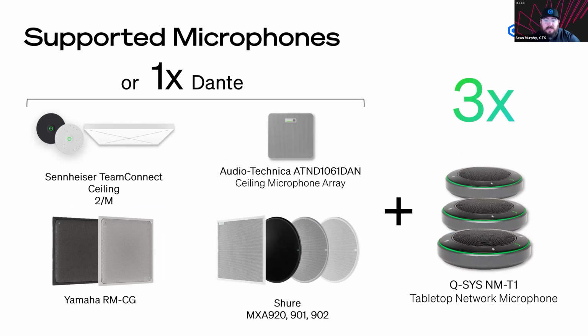So for example, an MXA 920 or a TCC2, you pull the auto mix or far end out into the RMP 100, and then you send back to the microphone the AEC reference,